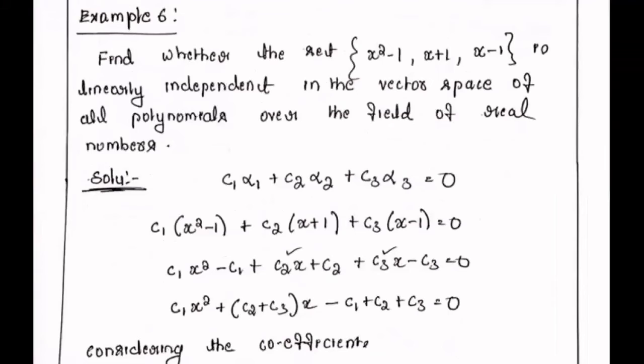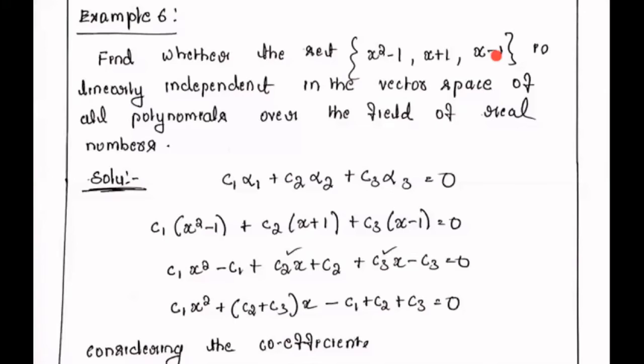Next question is this. Observe this properly. This is not a matrix kind of a thing. The set contains x square minus 1, x plus 1, x minus 1. It is a polynomial representation, a functional representation of a vector. Instead of that, they could have given 1 0 -1 for the first one, because x square is there, x is not there, and 1 is there. For the second one, they can write 0 1 1. The third one, they can write 0 1 -1, like that. So instead of vectors, they have given a polynomial representation.